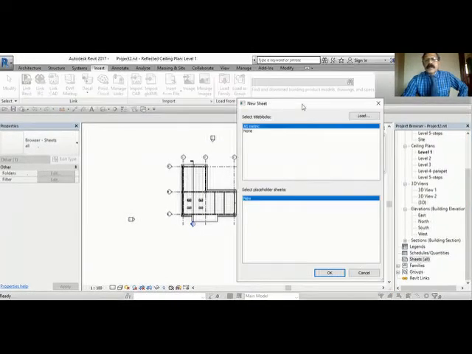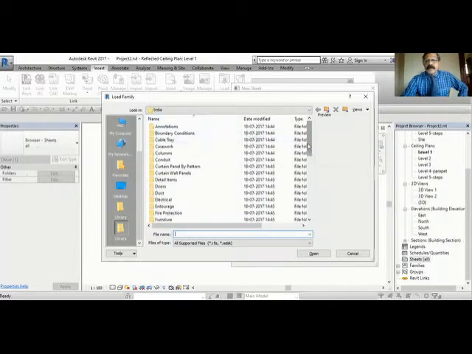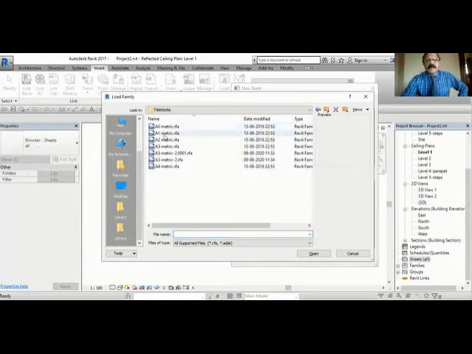and you can see there is only one sheet, A0 metric. You can bring A3, A2, A1, all of them from here. Load. You have to find where those templates are. Title Blocks, you see here. Double click Title Blocks, and you can see all A1 size, A2 size, A3 size, A4 size, everything is there. So you can import that from there. Okay.